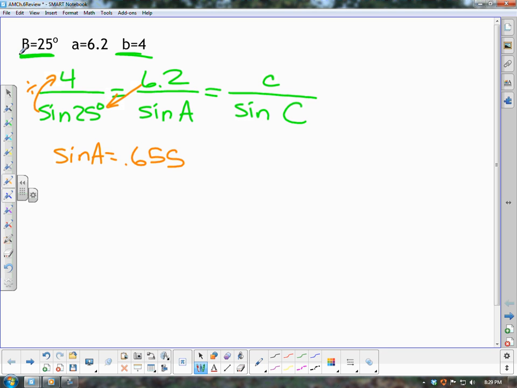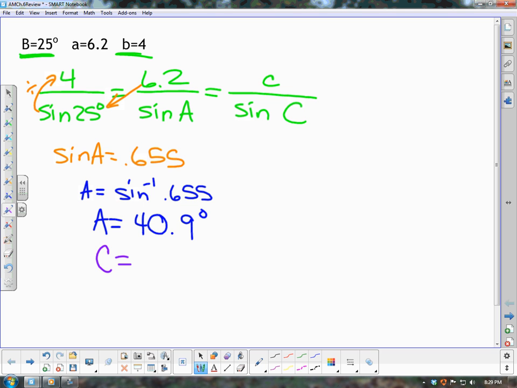0.655. And so A equals the inverse sine of that. And you will get A is equal to 40.9 degrees. So if A is 40.9 degrees, that means angle C is going to be 180 minus 25 plus 40.9. And that will get you angle C to be 114.1 degrees. And so then if you substitute 114.1 degrees here, now you have to figure out side C,